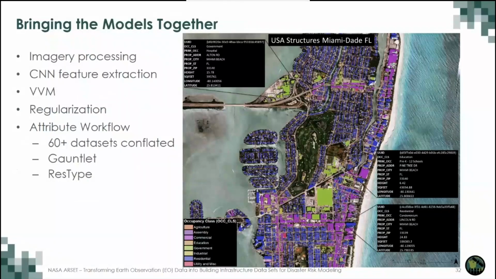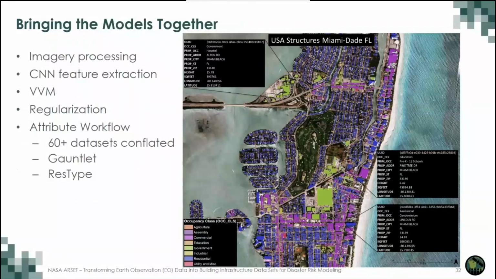So any geometry that you see in that dark blue is a residential structure. Anything that you see in purple is a commercial building. Anything that you see in that green color, that is government. And then orange is education. And you can even see that we have some call outs here